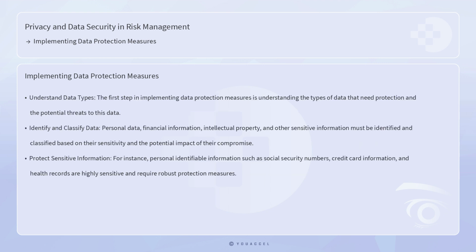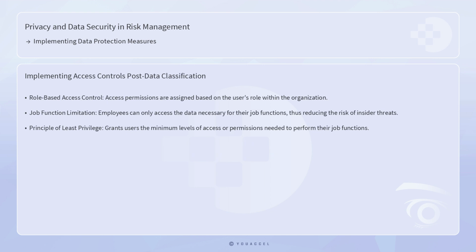risks. The first step in implementing data protection measures is understanding the types of data that need protection and the potential threats to this data. Personal data, financial information, intellectual property, and other sensitive information must be identified and classified based on their sensitivity and the potential impact of their compromise. For instance, personal identifiable information such as social security numbers, credit card information, and health records are highly sensitive and require robust protection measures. Once data classification is complete, organizations can implement access controls to limit who can access specific